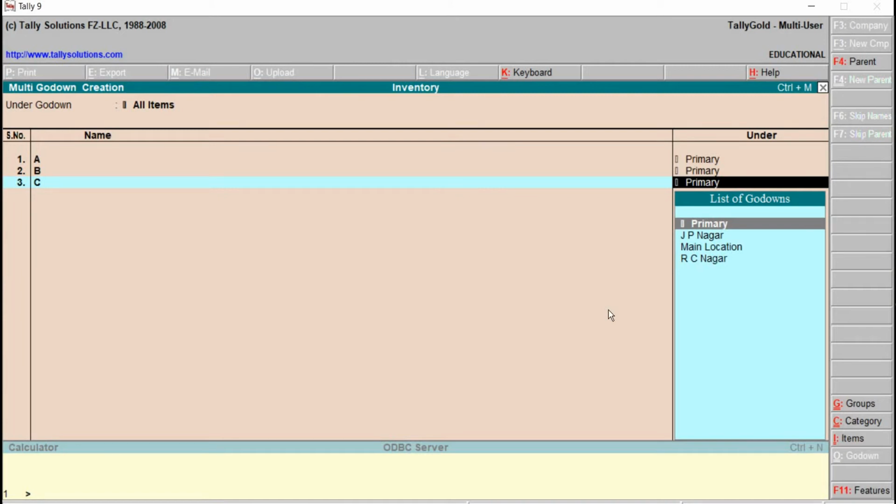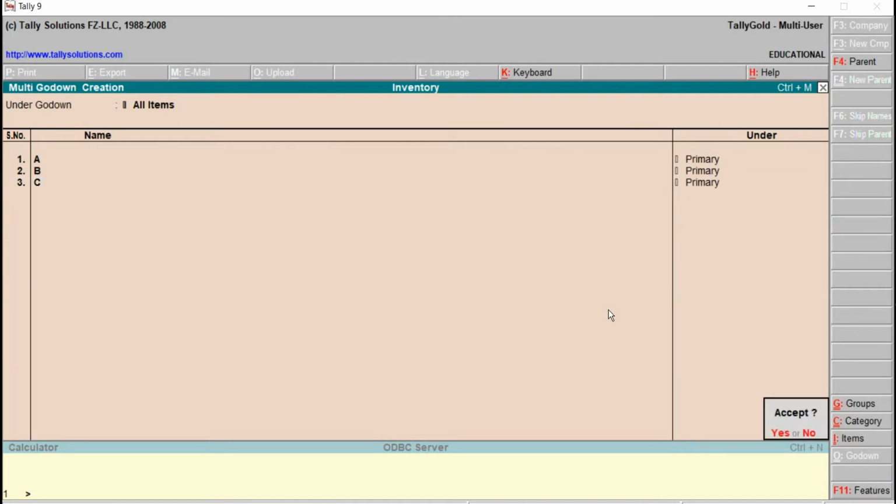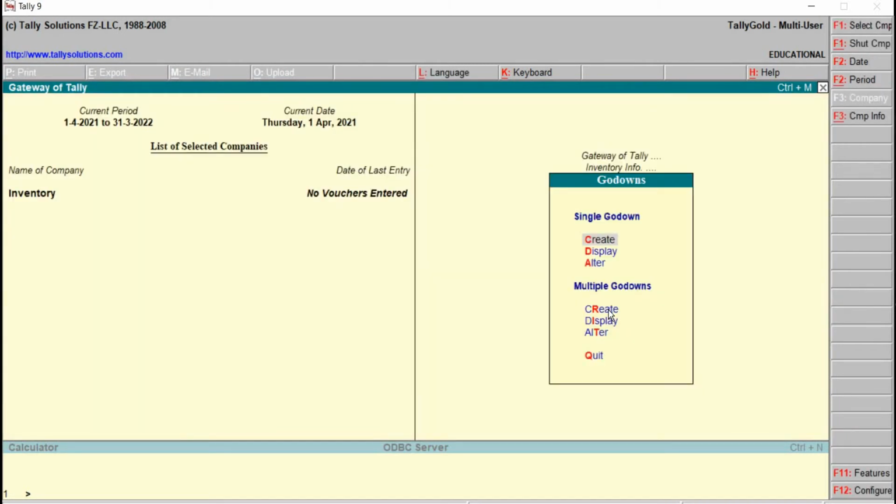We have created here 3. In the same way, we can go for saving this one by pressing Y from the keyboard, right? Right now we have seen how to create the godowns in single and as well as in the multiple mode.